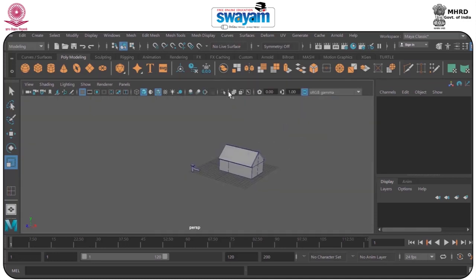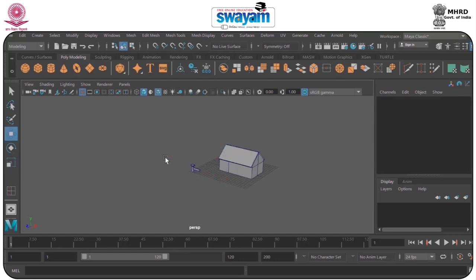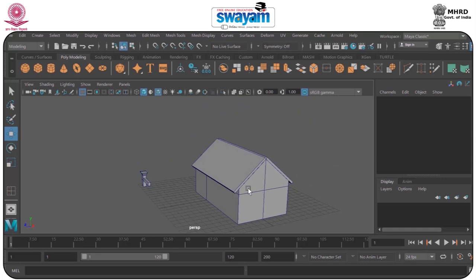If you are isolating something, if you have a heavy scene, or even some simple scene, you can isolate. That means you will not get distracted from here, or incidentally select any of them, because you have to focus on this part only. So you can have the isolation, that would be very beneficial. As you can see here, we have a very basic model of a hut. We don't have any door, window and all, we don't have any fence and all.